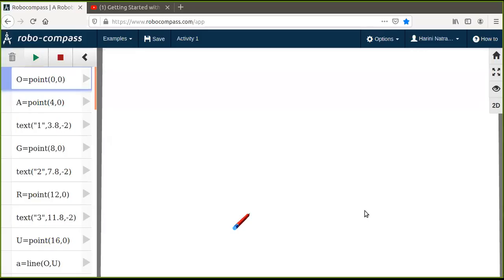I'm just sharing my screen. Now I hope you are seeing my screen. Let me bring this down so that it doesn't interfere with my canvas here. So this is my canvas where I'm going to construct or bring the number line and locate the irrationals on the number line. So because my activity is to locate the irrationals on the number line, my first step is to bring the number line.